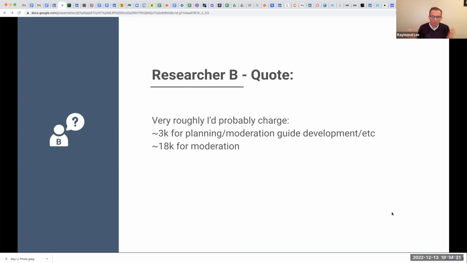I think she's including 10 or 20 participants. So maybe we can assume the higher number of 20 participants, $18,000. Analysis and reporting, another $7,000. So we're up to $28,000 on this bid. Whereas I think, Bobby, your bid would have been a fraction of this. Maybe a tenth of this. Or actually, I shouldn't say, but anyway, any comments about this second bid?